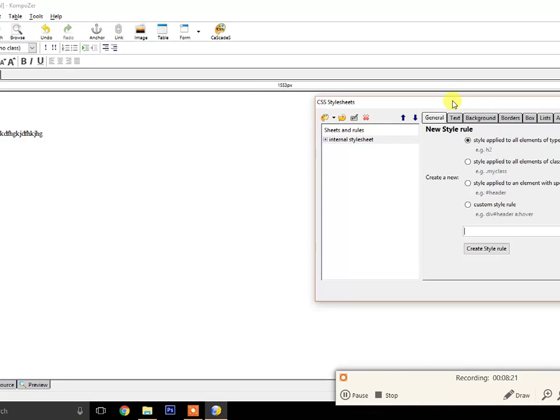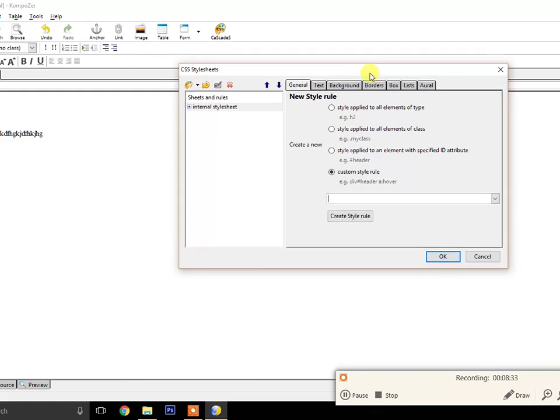Now here there are a lot of options to create a new style, but we have to select custom style rules, because the other one is not described in your course. Now, custom style rules. Here I can write which selector I want to apply to h1 or p.